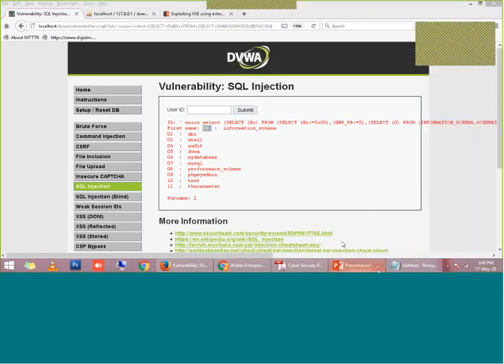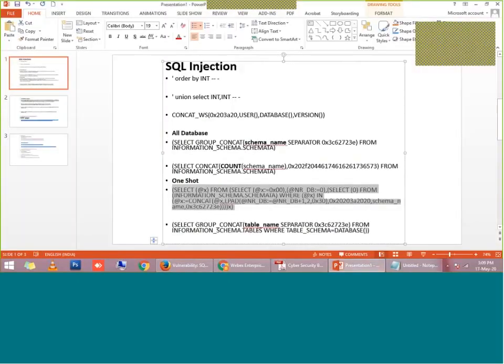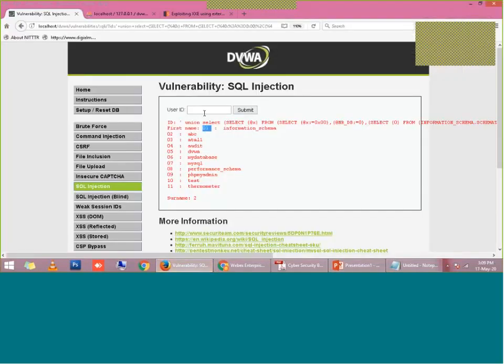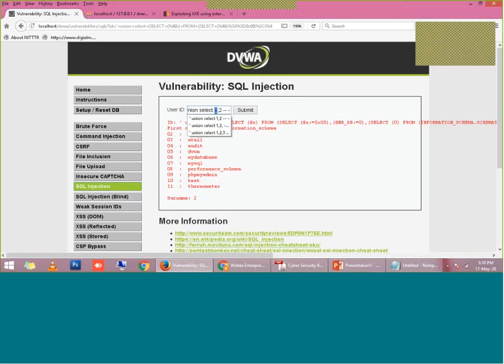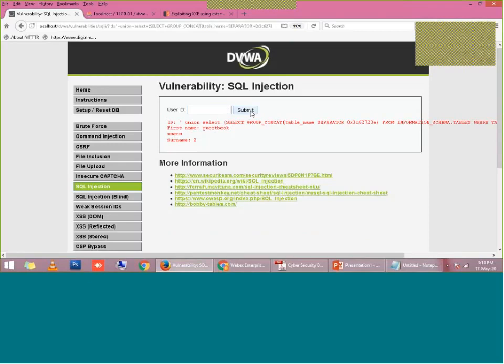Next payload which I will perform here is called a schema table name. So till now we have got the idea of how many databases there are, and the names of the databases which are available in the web server. Now in the next payload I am going to fetch the table names which are being used by this current application.